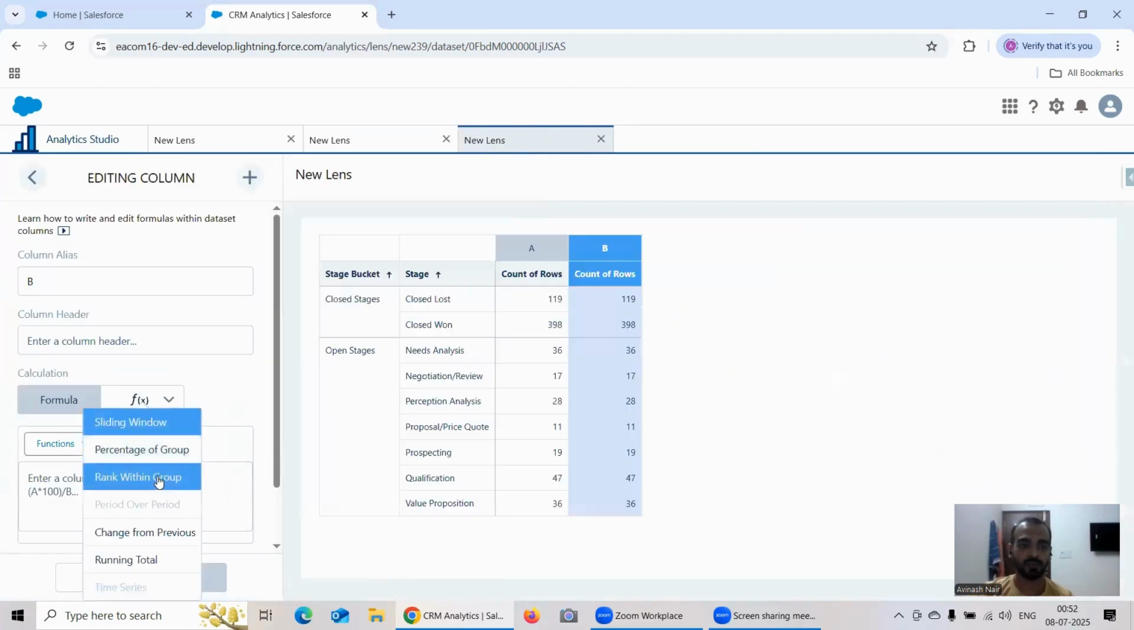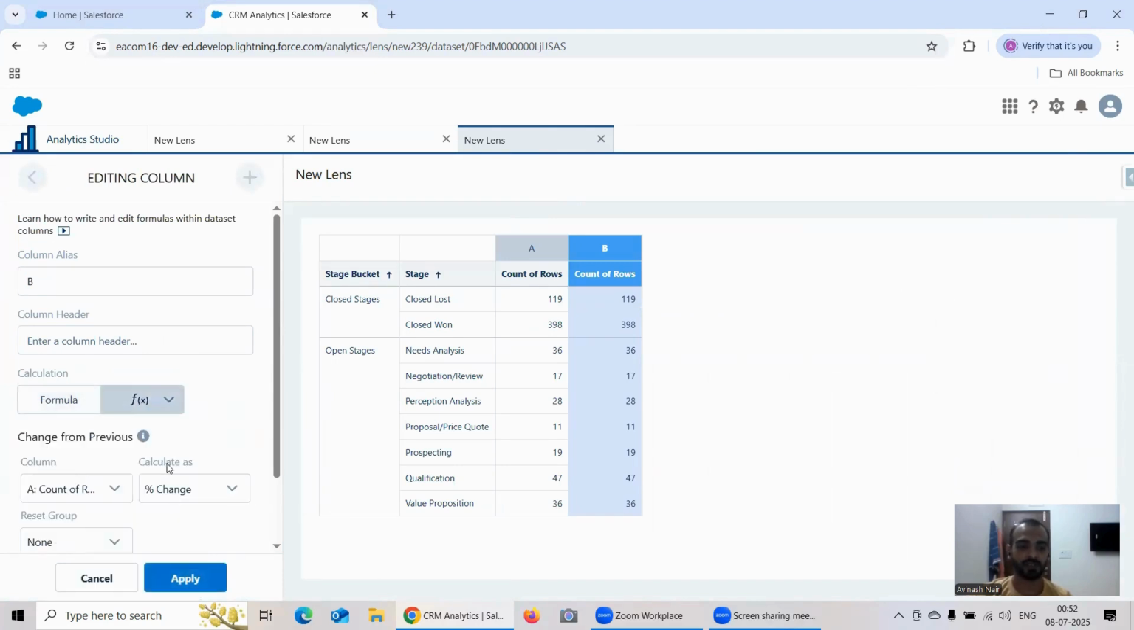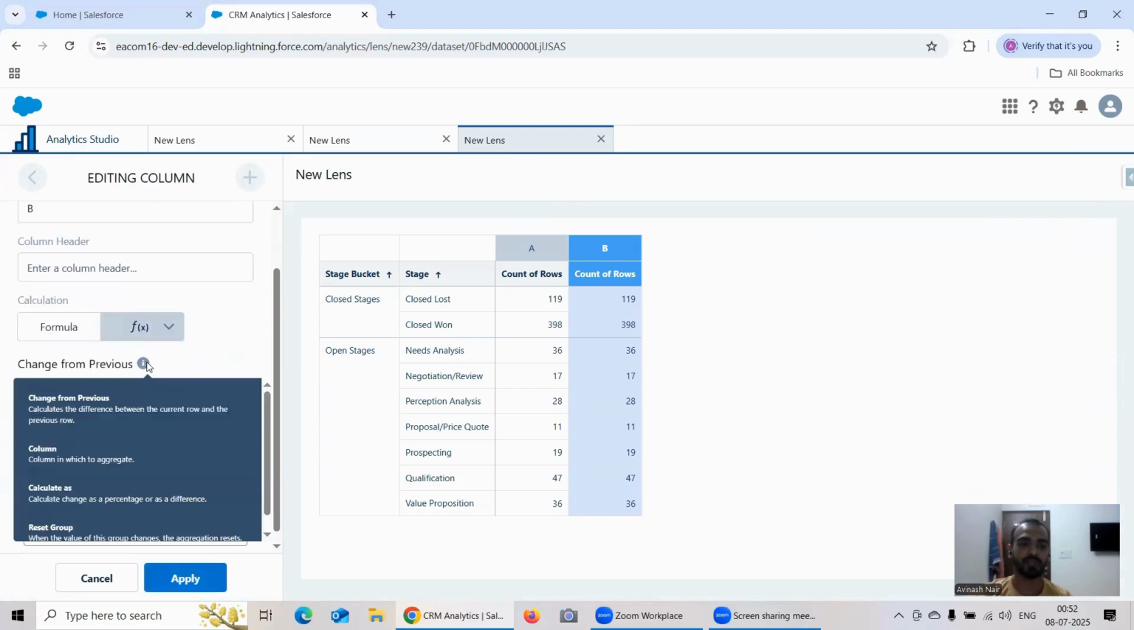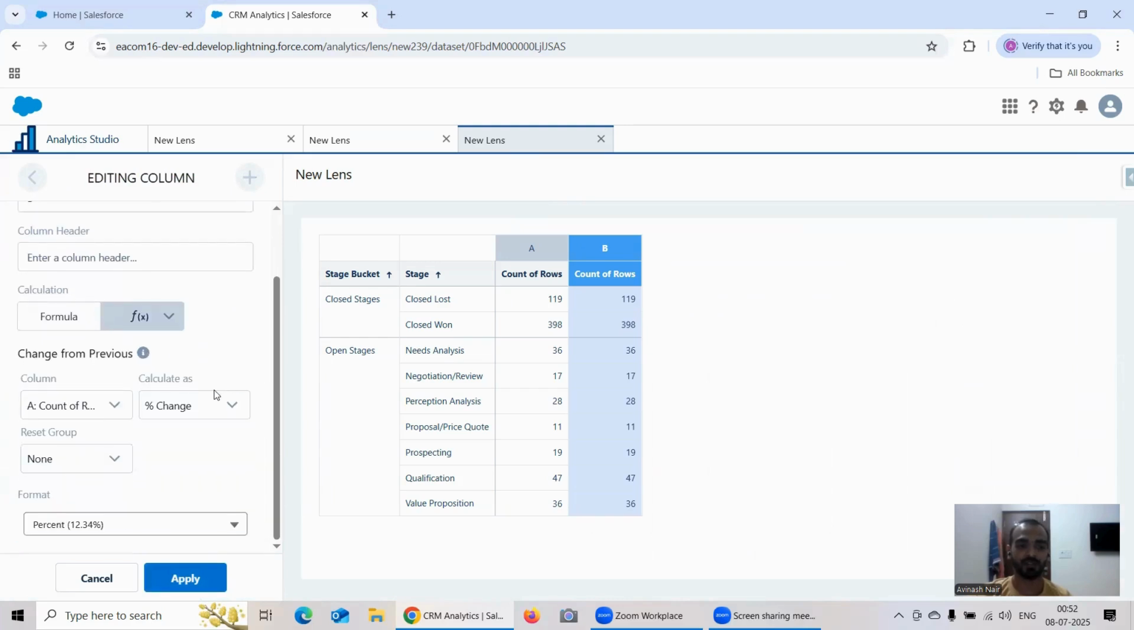What I will do is, maybe for rank within group, I will explain it to you separately, as we have all the functions. Maybe we can check for others. Okay, so let's go for change from previous. As we know, it's basically the difference between the current row and the previous row. Now again, I will go for unit change maybe, and the reset group I will go for stage bucket. Fine. So if you click on apply,